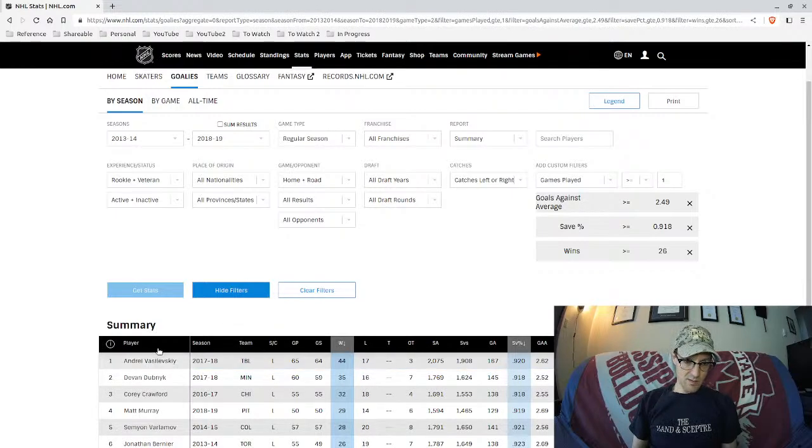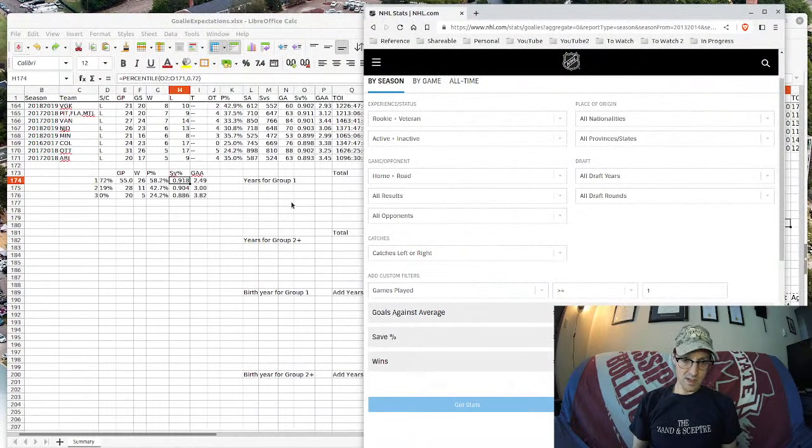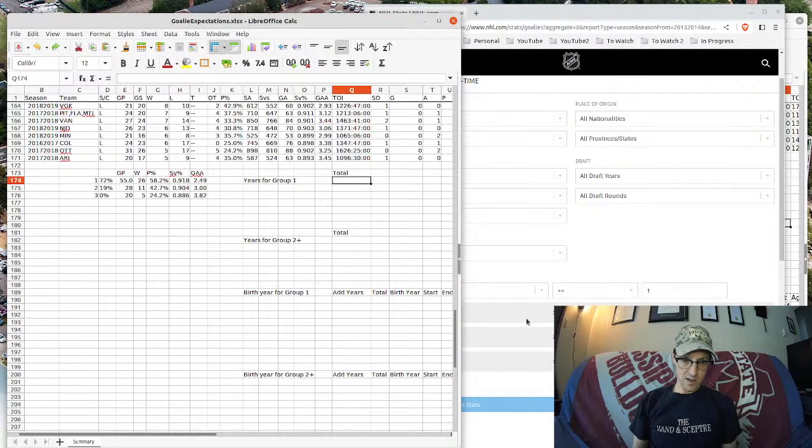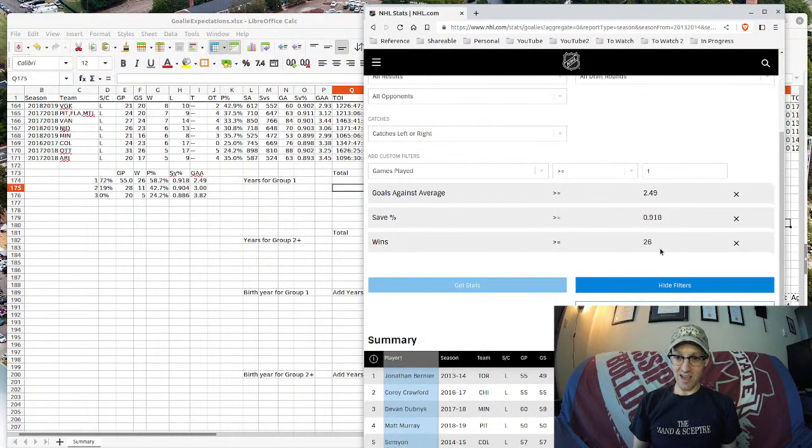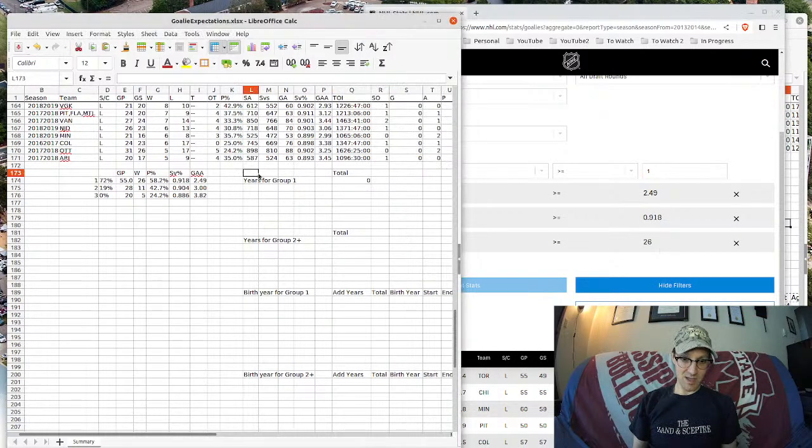We have no multi-year goalies. 0. Okay. Well, that was easy. See, this is what I mean with the goalie stuff. There's just so few. Yeah, and then we can